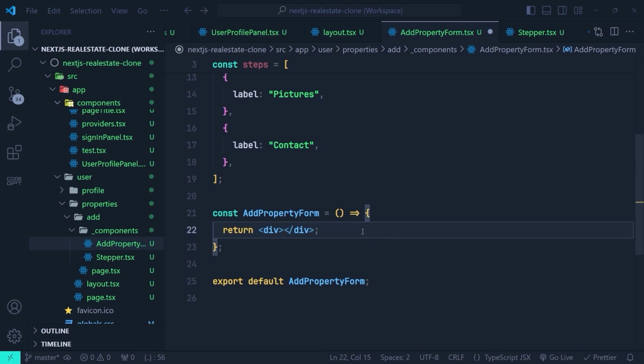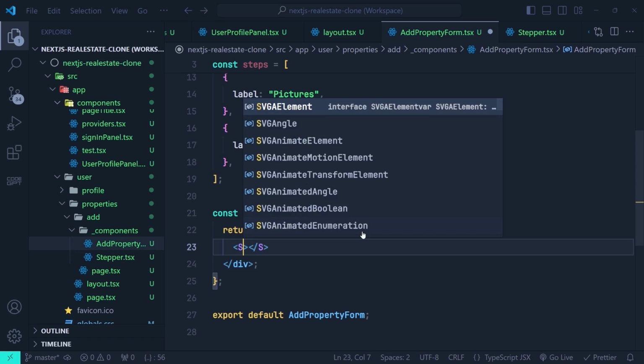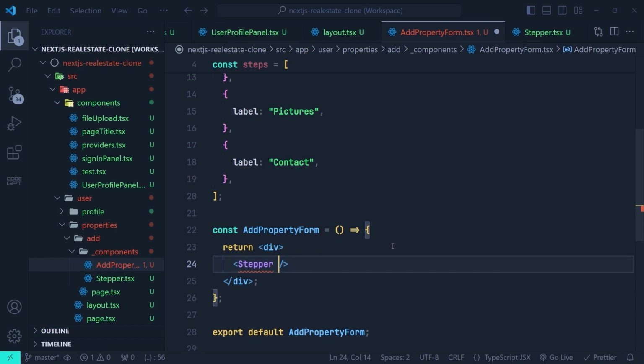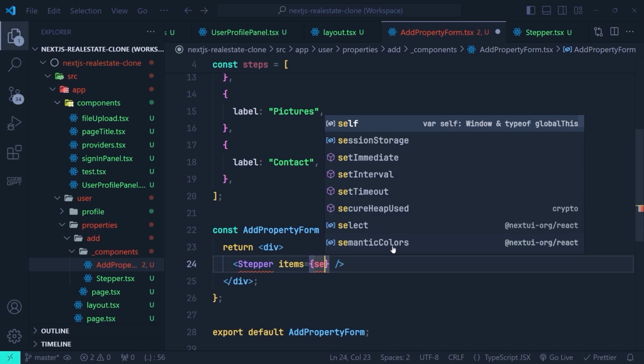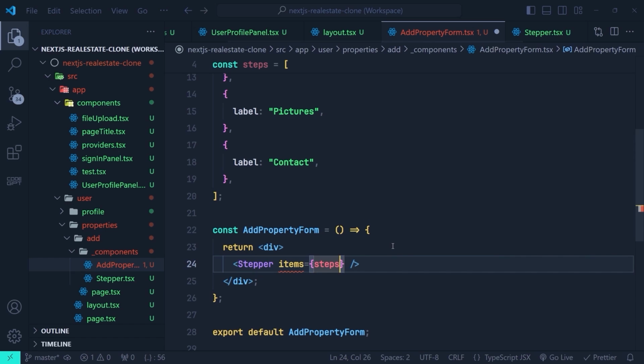Now that we have the steps list here, we can put the stepper function inside the add property form. So in the main div here, we're going to render the stepper here. Okay, we need to define the items. So we're going to set the items to steps list that we have just created. And then in order to